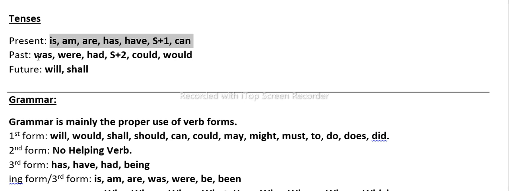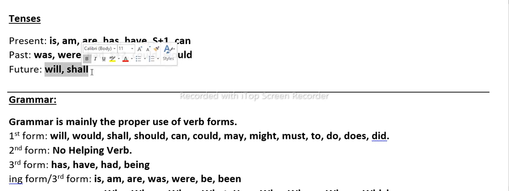So past tense, these words refer to the past: was, were, had, s plus two. Now I think you understand. Could and would. These words tell us that we are reading, writing, speaking in the past tense. And two signs for the future: will or shall. If you're not using will or shall for the future,